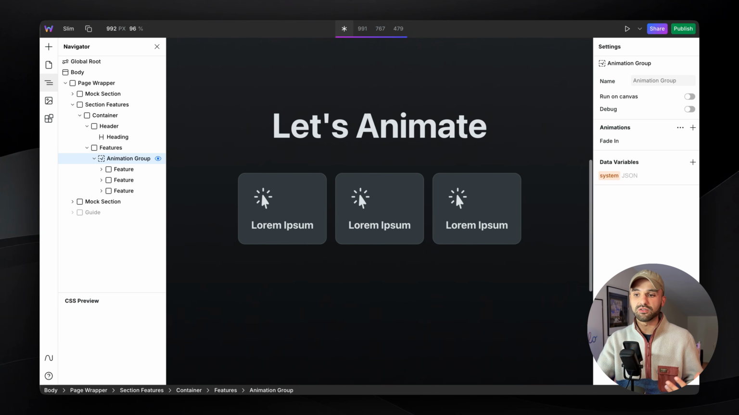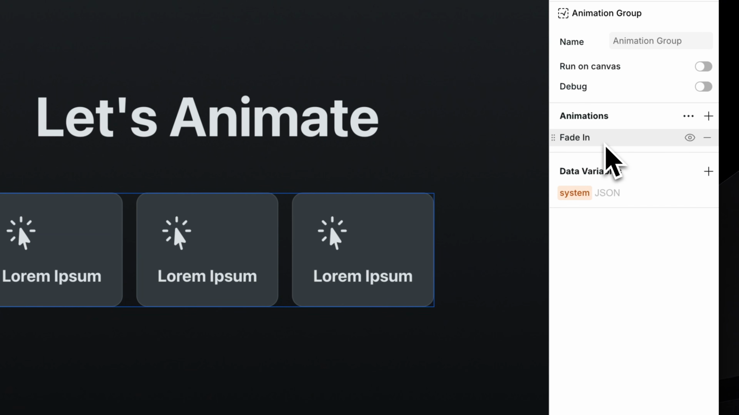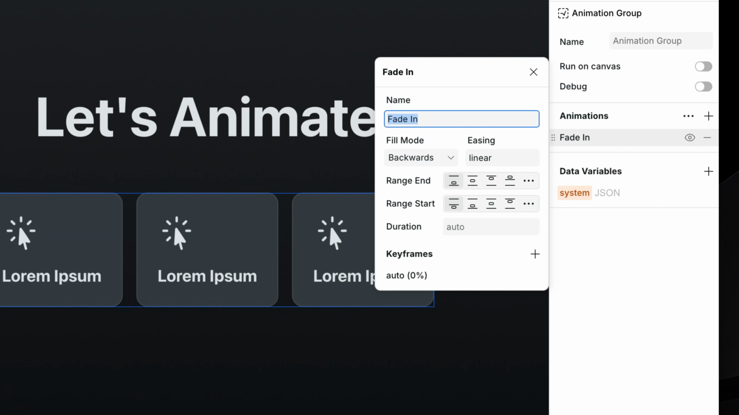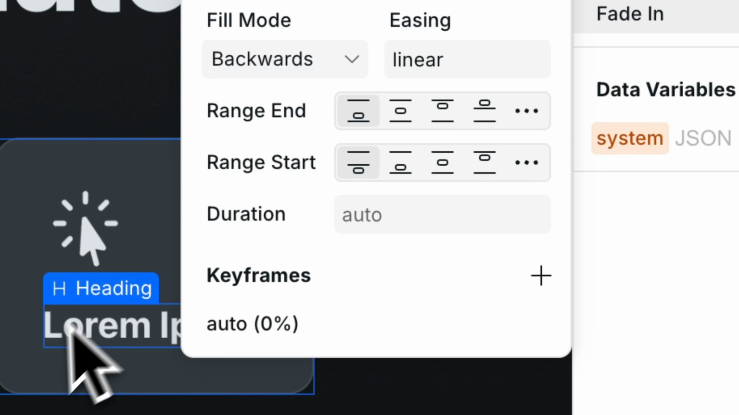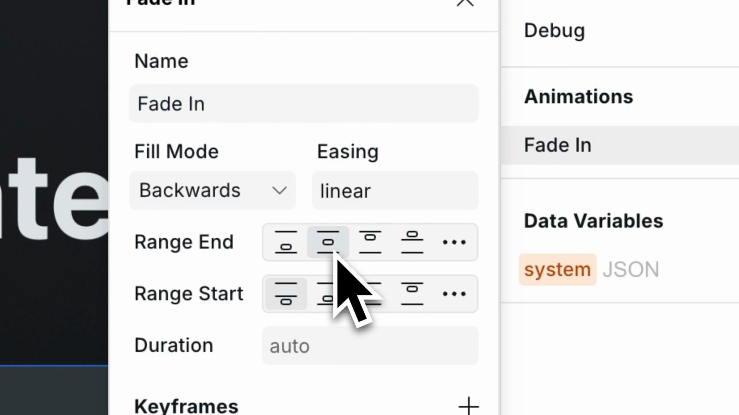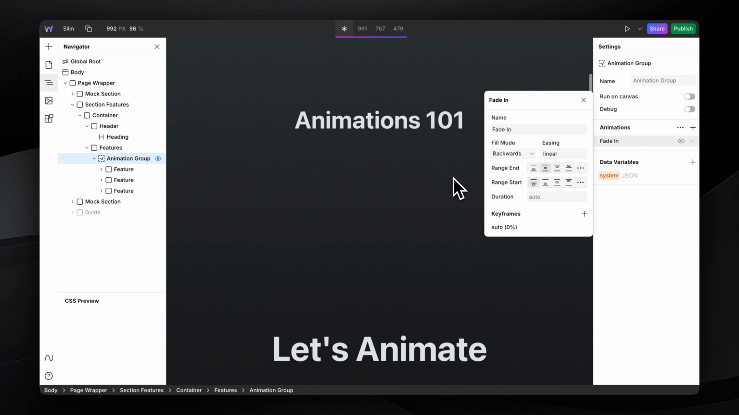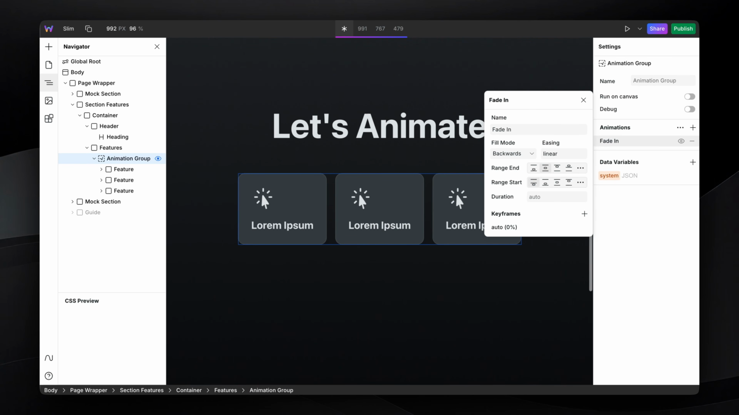I kind of want them to fade in until maybe about the middle of the screen. So let's open up fade in to see what's going on under the hood. Here we have end and start. So I'm going to change where it ends. I'm happy with where it starts, but instead of ending down here, I want it to end in the middle. So I'm going to select the box in the middle. Now it starts right as it crosses the viewport, and it's going to go until it reaches the middle of